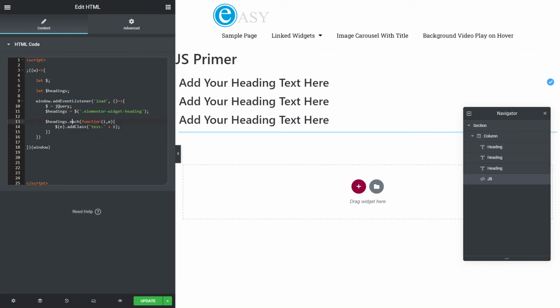This is the element that's being passed in. So in this case, E and this are exactly the same thing. That's one of the things that's different about this. Now,